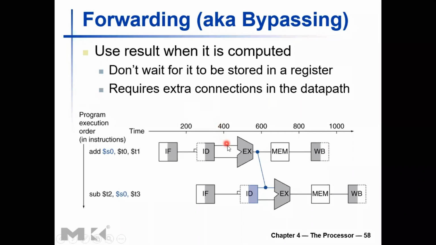You need extra logic, extra control logic, and extra registers to pass these values, and careful synchronization as well, right? So forwarding actually helps us avoid 2 bubbles in the pipeline. That is a massive improvement. If we have to insert 2 bubbles in the pipeline, we are losing a lot of performance. We are wasting 2 clock cycles, whereas we are supposed to finish 1 instruction every clock cycle. Now we have saved those 2 clock cycles, and that is a major improvement, because there will be plenty of